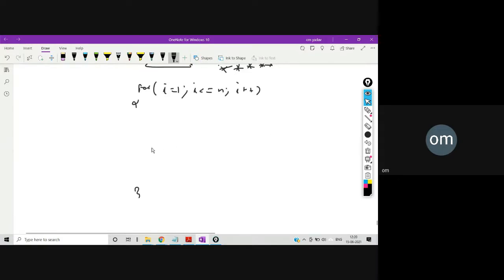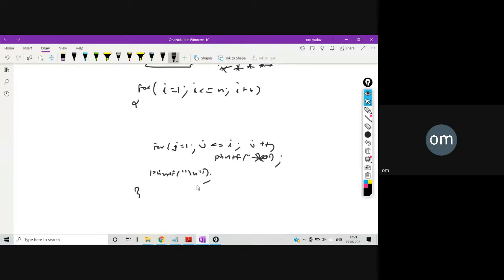So we will write this particular for loop: for j equal to 1, j is less than equal to i, j plus plus, printf star. And then after that, we can print backslash n also, so that it can go to the next row.